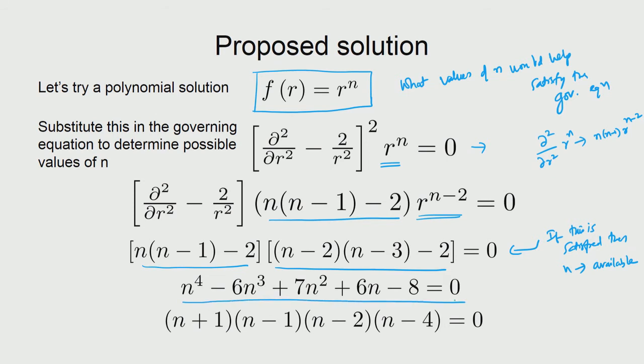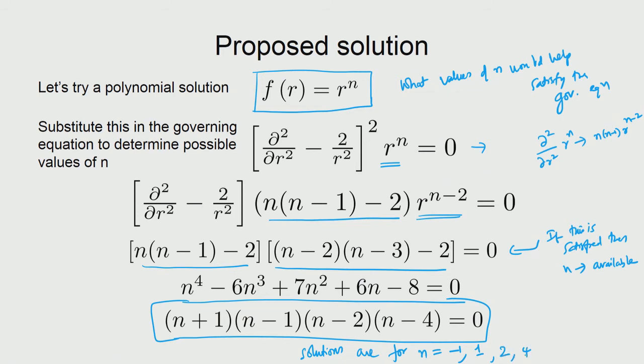So, we have got a polynomial form, and luckily for us this polynomial can be factorized, and that factors actually look like this. So, straightforward from these factors you can already see that the solutions are for n is equal to minus 1, then plus 1, plus 2 and plus 4. So, we can see that the solutions are readily available, and we can note that the functional form that we have, r raised to the power of n, can take any of these values of n, which means that a combination of those should also work as a solution. So, that is what we do.